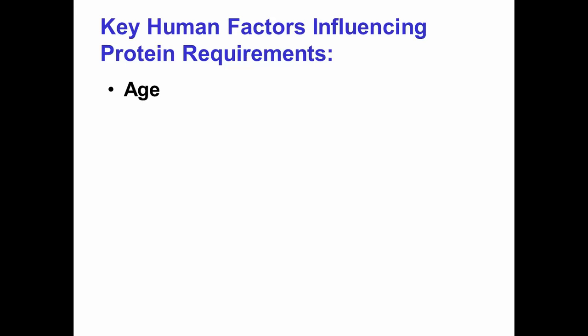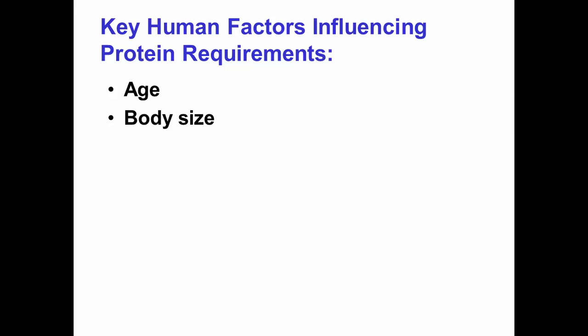Okay, human factors we talked about. Age was already mentioned. Body size, right? So the larger the person, typically, the higher the protein requirement. Now this is a little bit macro when I talk about that, right? So how are the DRIs? What is the DRI for adults, 18 and over?